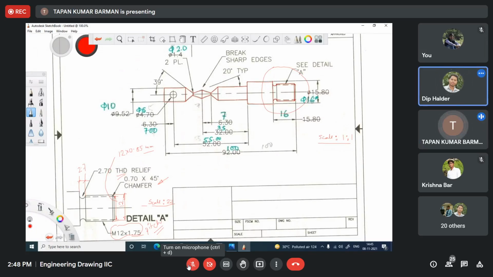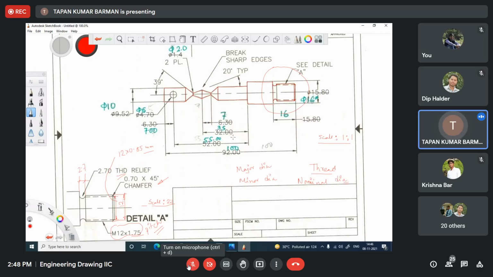0.85, no, basically this, at that time you will learn how to calculate the, this is called major dia, minor dia, nominal dia. So these are the diameters related to one thread.